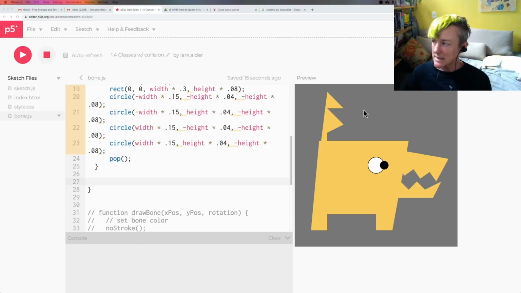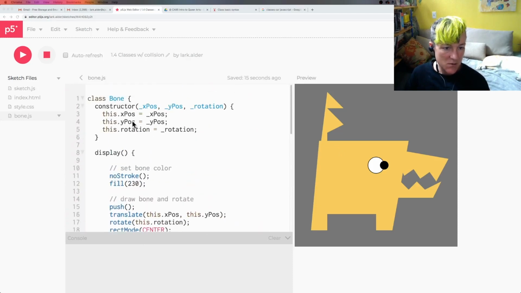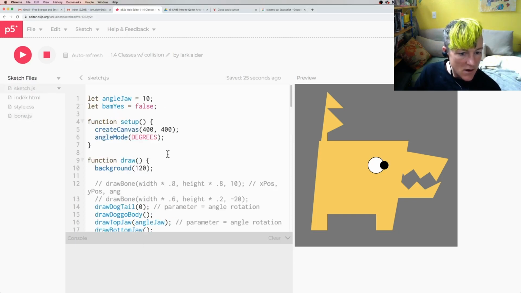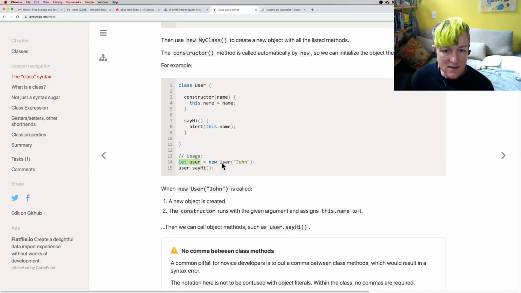Okay, so let's see if this works. We've created our bone class. We have created a method to display it. So let's go back to our homepage sketch. And again, you can refer to this class basic syntax on javascript.info/class. And we had the constructor, we defined the method. This is all within that class